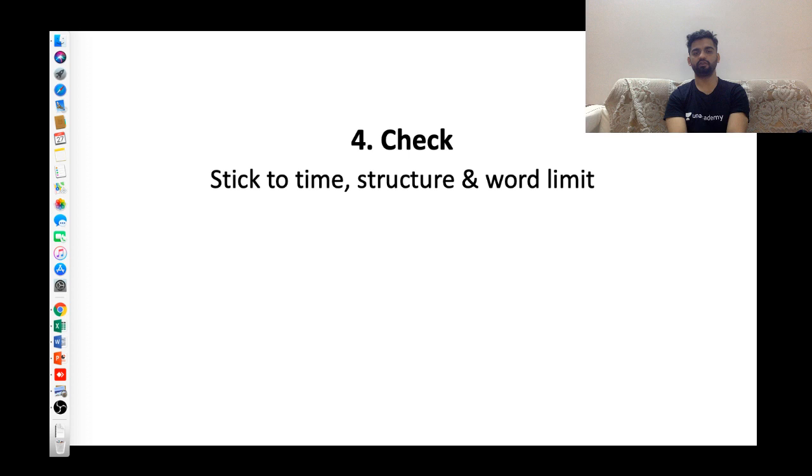Then time box your performance, time box your essay, in a way that when you're starting to write, you know that in the initial 3-4 minutes, this is what I'm going to write down. And by the end of the 8th minute, if the total is 10 minutes, I should be coming to the conclusion. It should not happen that only the last 10 or 30 seconds are left and you're still writing the main body, right? So prepare well.